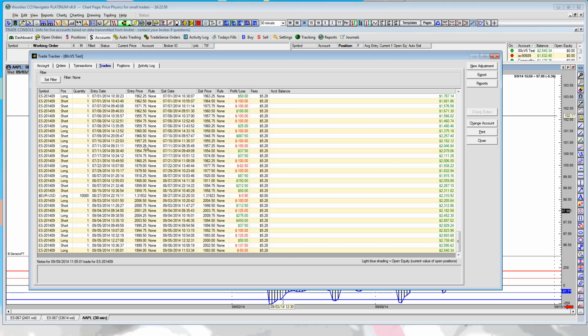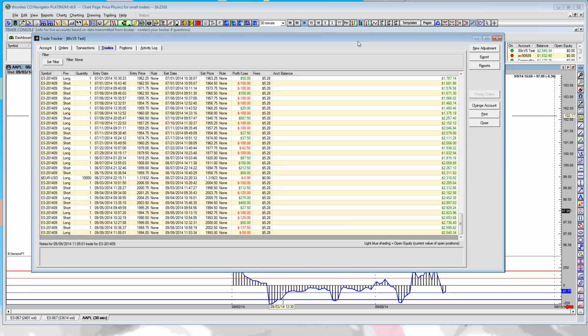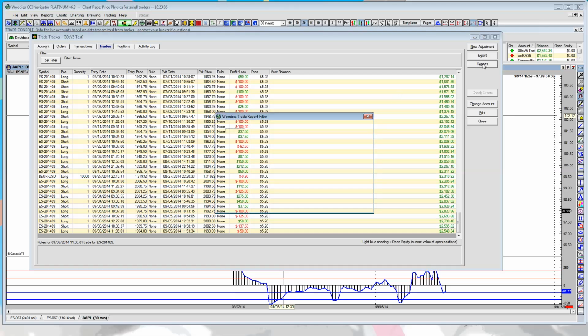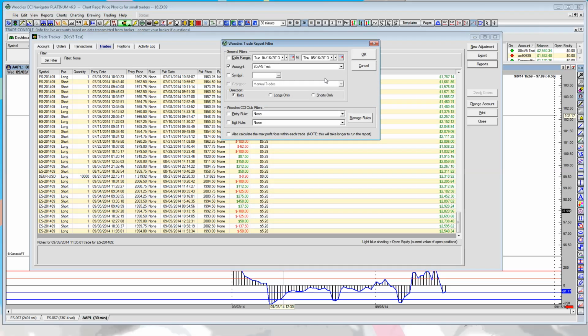This Trades tab is where the performance reporting comes in, and that can also be gotten to from right up here on the Trade Console Reports. I don't teach it from the Trade Console, I teach it from inside the Trade Tracker. You would click on Reports, and from the report screen you can run any real combination of reporting from the general filter window. You can run it for a date range. Maybe you want to know how you've done over the last month. So date range on this account,